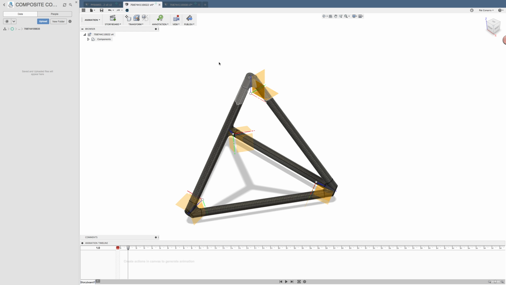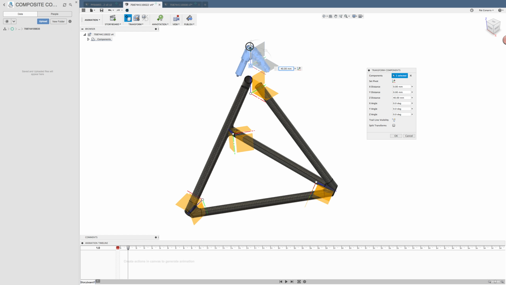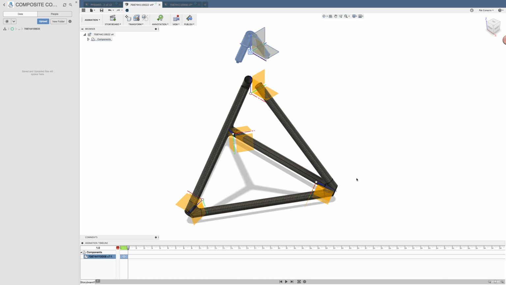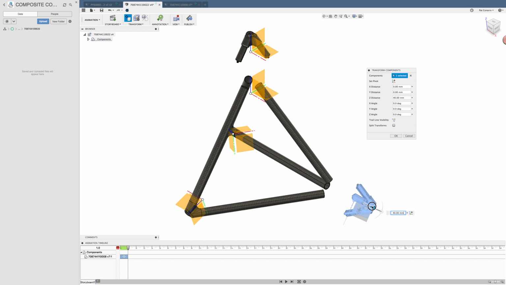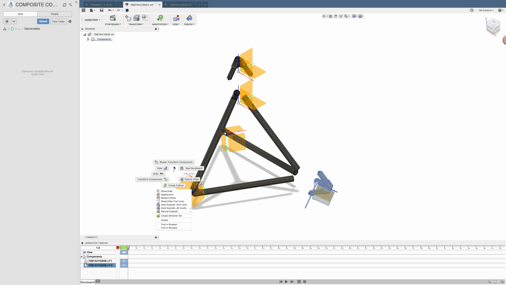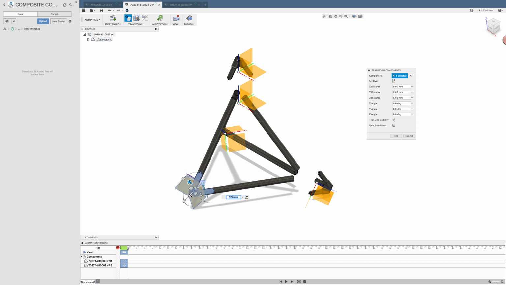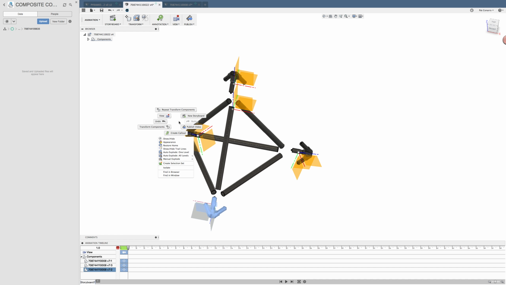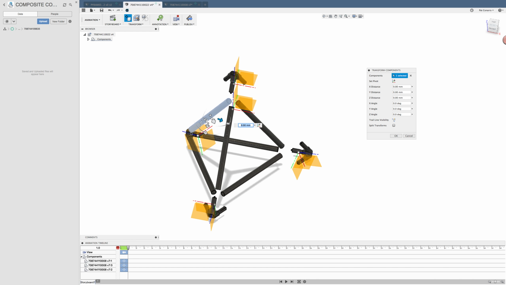So I'm going to pick on Move, and I'm going to pick this and I'm going to pull that up, and I'm going to right click and I'm going to repeat the transform move, and I'm going to go like that, and then I'm going to right click and I'm going to say repeat transform move. I'm going to pick out like that, and then I'm going to right click again,